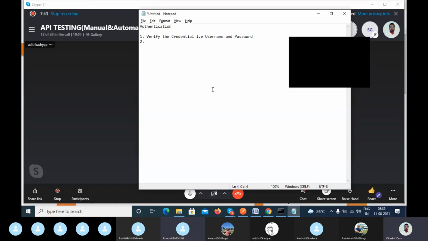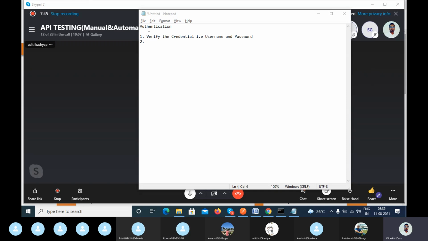In some applications, if you pass the mobile number, you can enter into your application. So either mobile number or email ID, you can enter and access the application. The other way of authenticating is mobile number or email ID. And a third way is fingerprint also, in mobile applications.